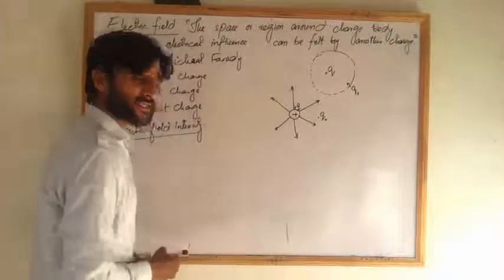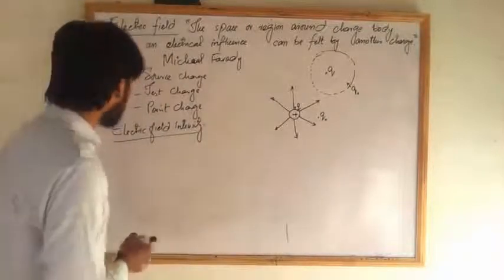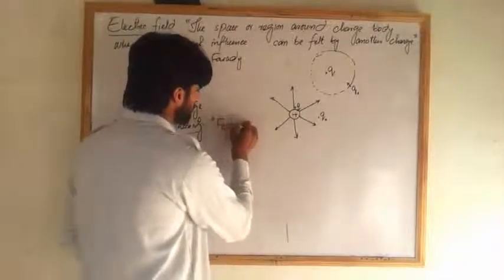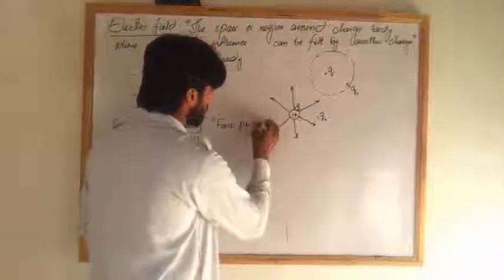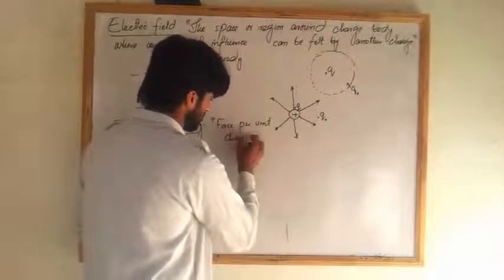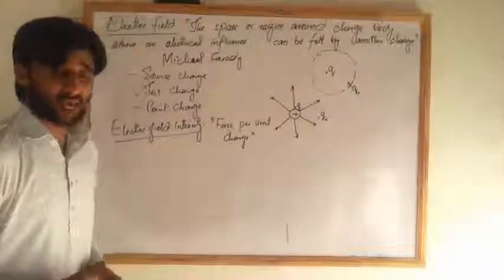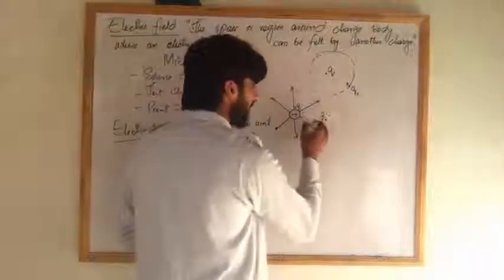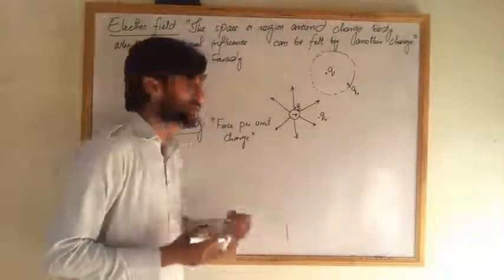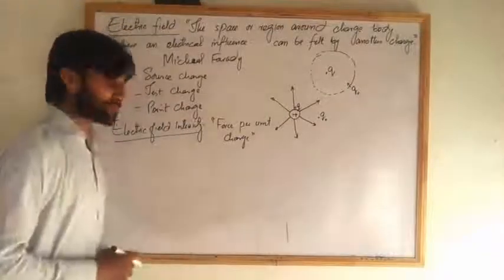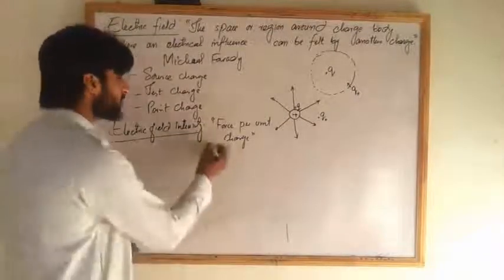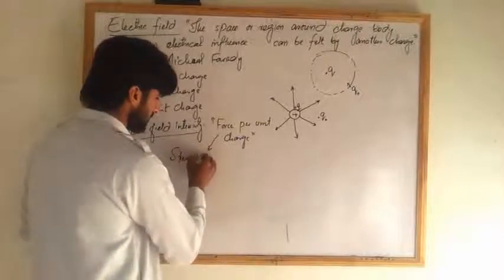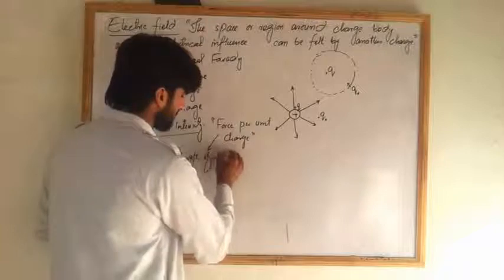So what is electric field intensity? In short, we can say it is force per unit charge. It means that whenever a charge enters this kind of a field, it will experience some kind of force due to this field, and that is known as the electric field intensity. We can also call it the strength of the electric field,